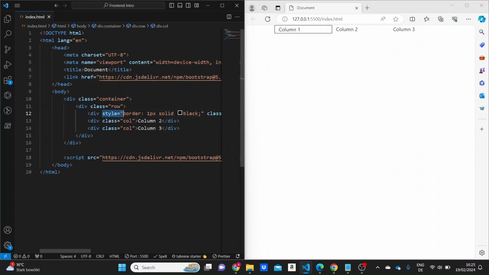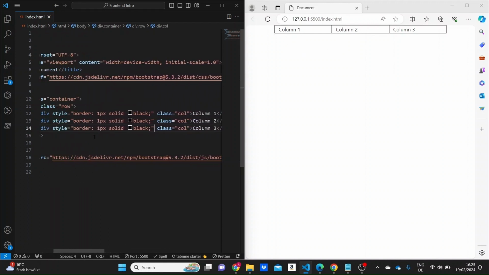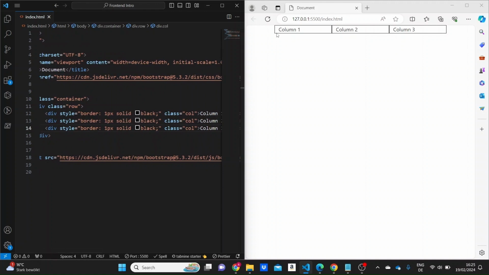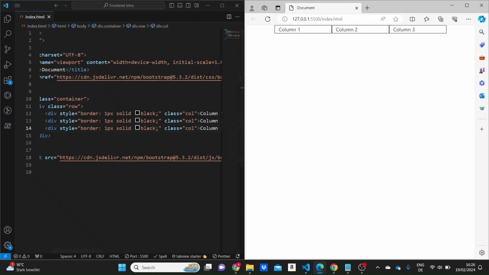And I'm just copying this styling for every other div. I'm saving the file, and as we can see, the single row contains 3 columns now, and each column has the same amount of space. Even if we make the screen bigger, still each column has the same amount of space, because that's actually how we have specified this. But we can define ourselves how much space we want each column to have in our